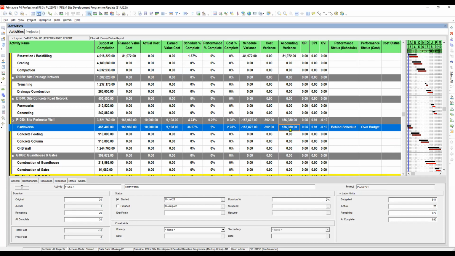Accounting variance is just the difference of the actual cost and the planned value cost, the planned cost less the actual cost. Okay, so if 166,950 less 10,000, it will give you 156,980.00. So that means